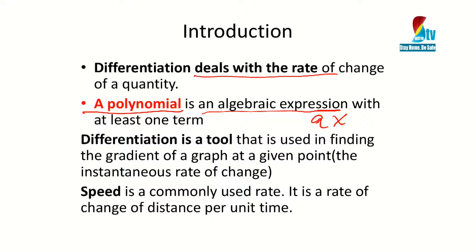We use differentiation to find gradients of graphs at given points. That is the instantaneous rate of change. What we commonly talk of that uses rate of change is speed. We know that speed is the rate of change of distance. So let us look at what we mean by